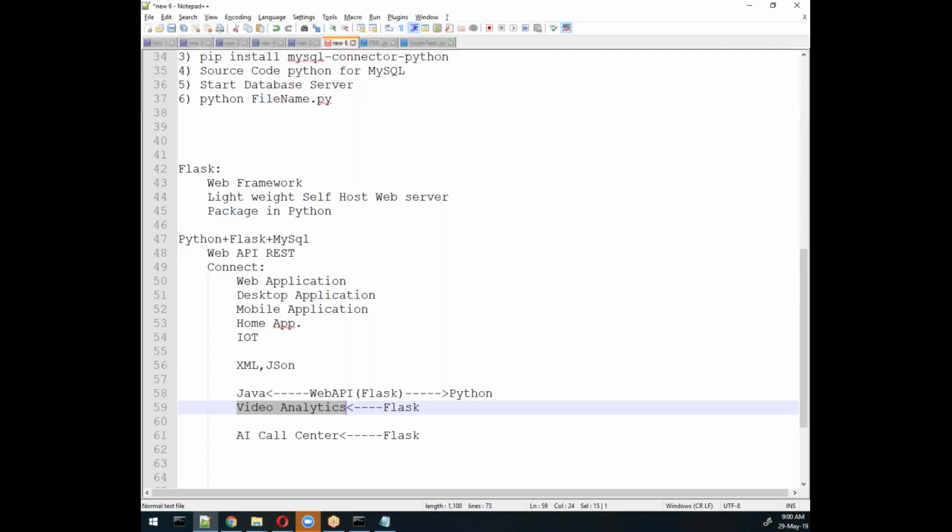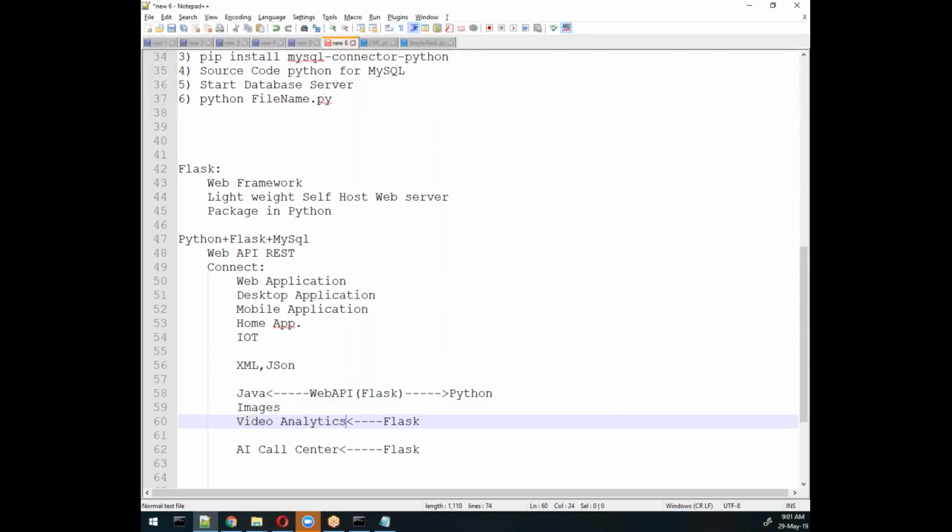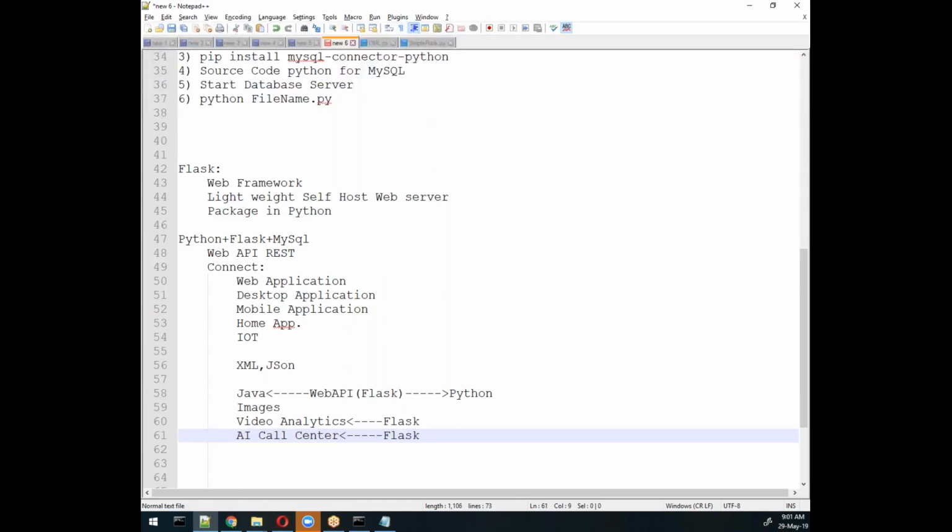Video analytics is not a very easy stuff. People work on image processing for 10 or 20 years, and have experience in image processing only. I'm doing video analytics, which requires more effort related to infrastructure, architect level thought process and all things. But this is also possible through Flask only, remember. So Flask is the base of all things. My intention is that you should know Flask as much as you can, which will help you in projects also.